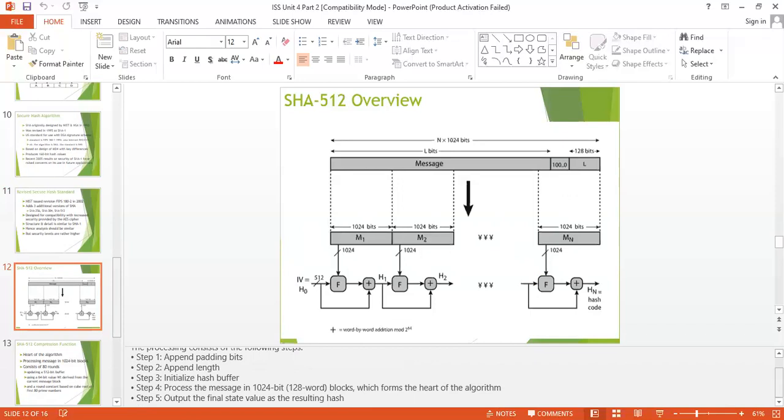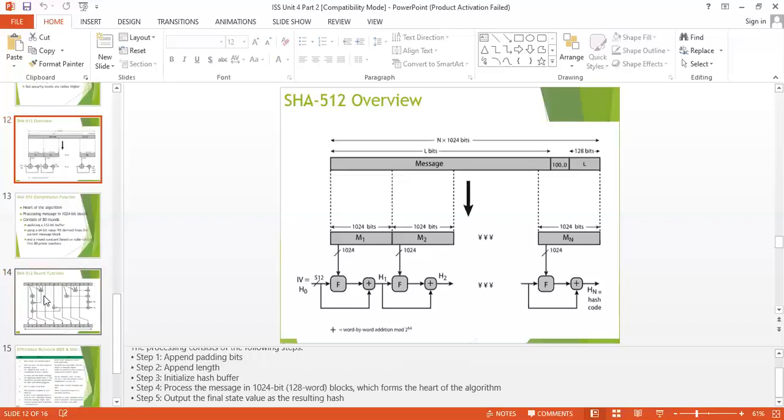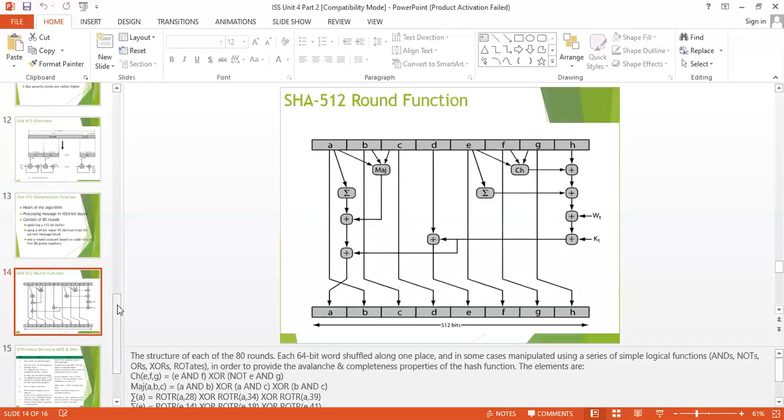There is some difference between the message digest and the SHA. In the buffer registers, the total number of registers in MD5 is 4. Here in SHA-512, the total number of registers is 8. So this is the basic difference.